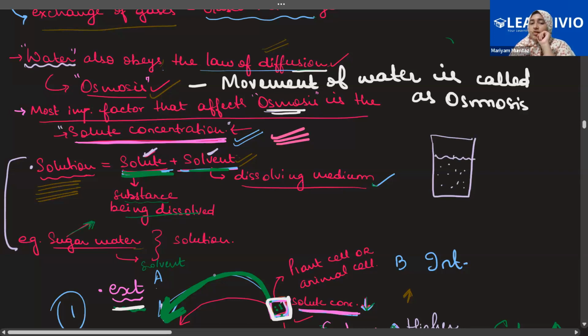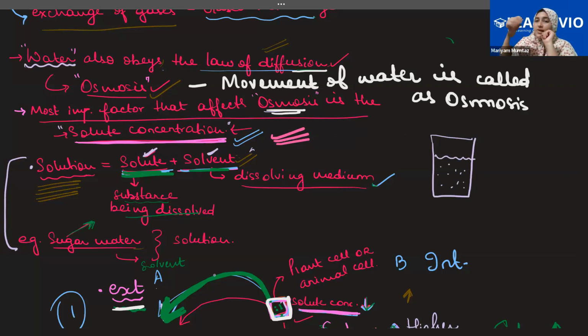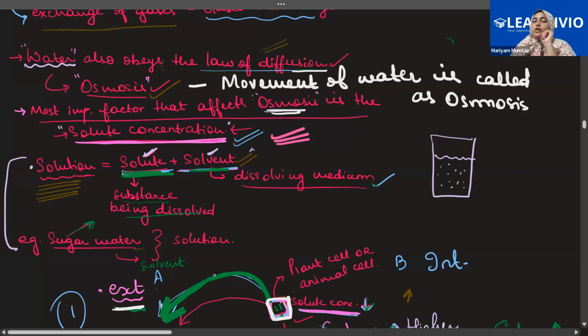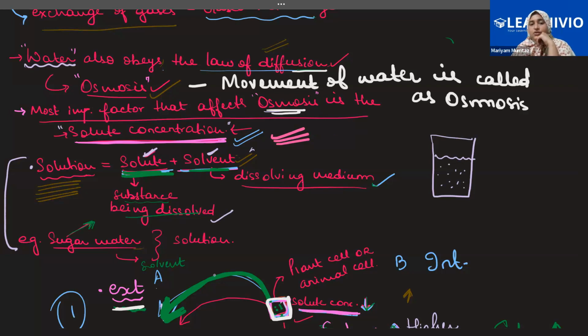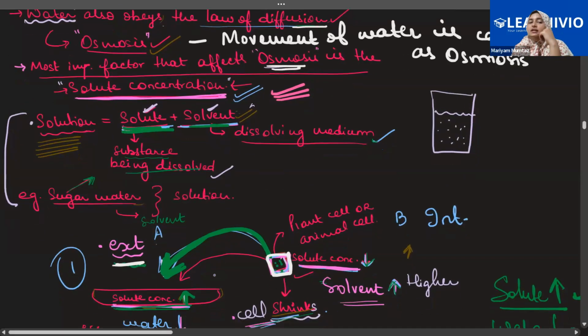Remember that this water is the solvent, meaning the part where you will dissolve the substance, and the sugar or the salt will become the solute, meaning the substance that is being dissolved. So you take the sugar and you dissolve it in water, right? So the sugar that you use becomes the solute, and the water is the dissolving medium. So we call it solvent. Now you people have understood the solute solvent thing. Yes, ma'am. All right. Okay, very good.